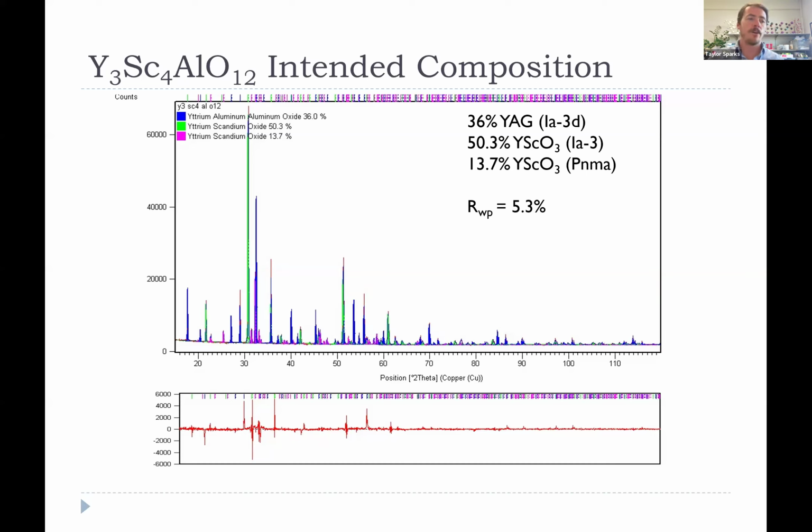If you're going to be doing repeat refinement, then it's probably worth it to do a careful scan of your data. If you do just a quick and dirty scan, like those 10 or 15 minute scans to do a phase ID, then it's going to be so broad with such bad signal to noise ratio that it will really impact your ability to get a good refinement. But if you take the time and do a really careful scan, then you can get really low weighted residuals and determine quite accurately that, in this case, we had 3 different phases present,